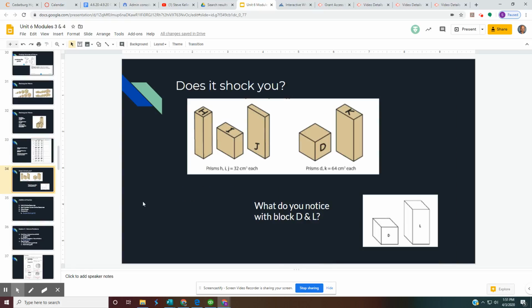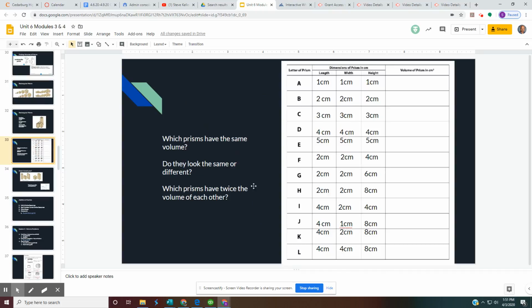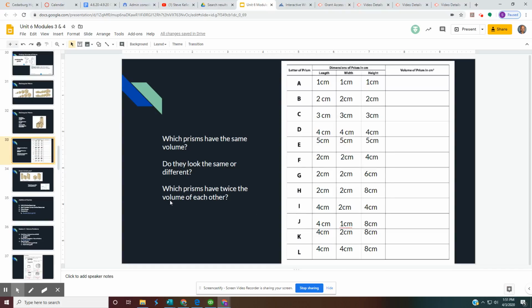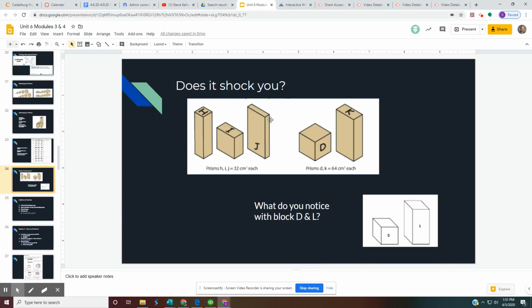All right, so now what I want you to do is look at prisms H, I, and J, right? Now this is what H looks like, this is what I looks like, and this is what J looks like. Now if I take a look at H with 2 times 2 times 8, and then I would look at I, which is 4 times 2 times 4, and then I would look at J. J is 4 times 1 times 8. Those equal 32 centimeters cubed. That would mean that they all hold the same amount,